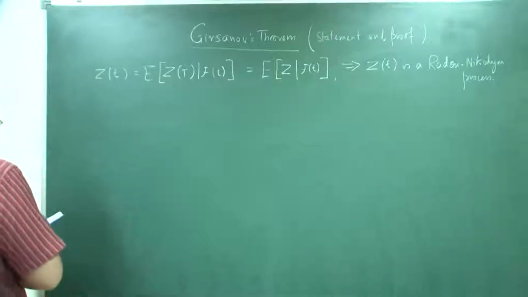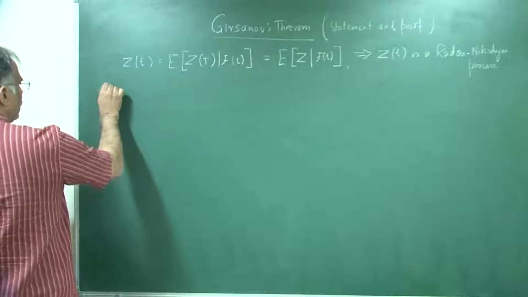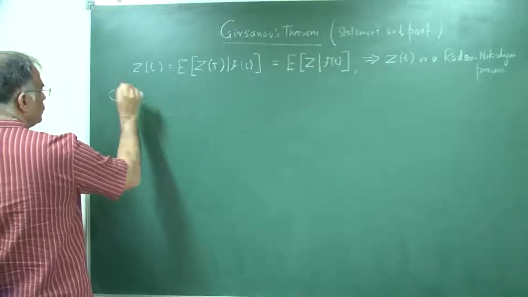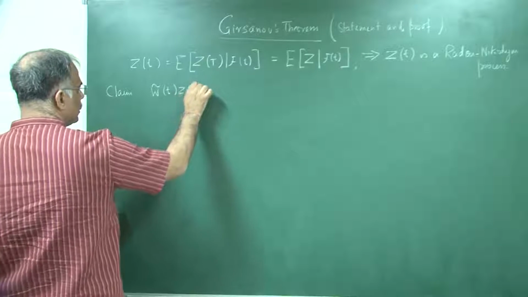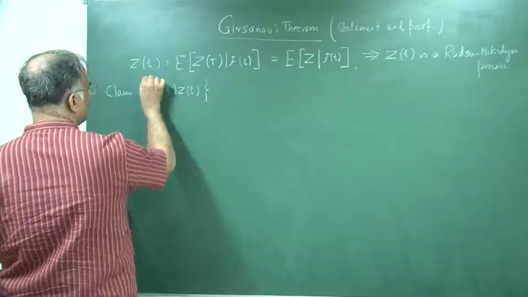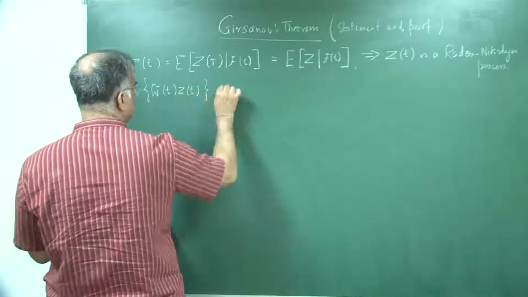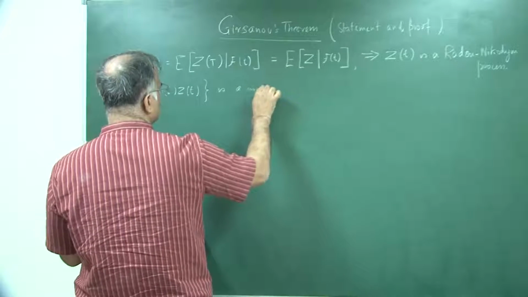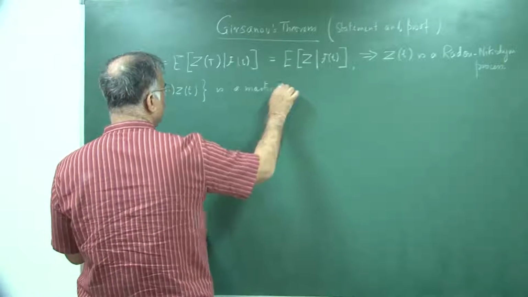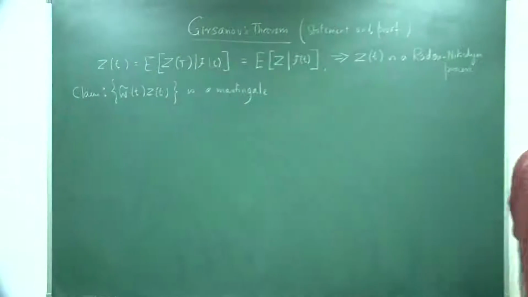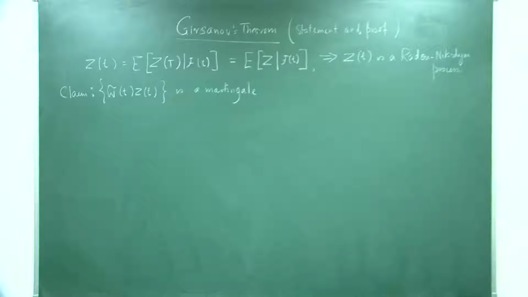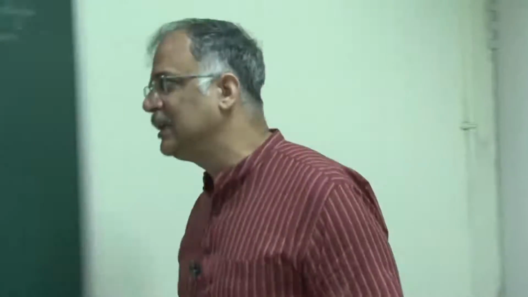But before doing so, our claim would be to show that W tilde t and Zt, this process, is a Martingale. Actually, when you write everything in the form of a stochastic differential equation, and you do not have the dt term, you only have the dWt term, it becomes a Martingale, because that is just an Ito integral.